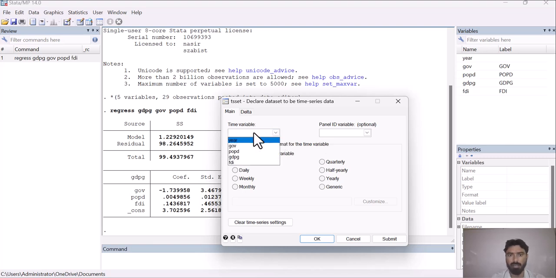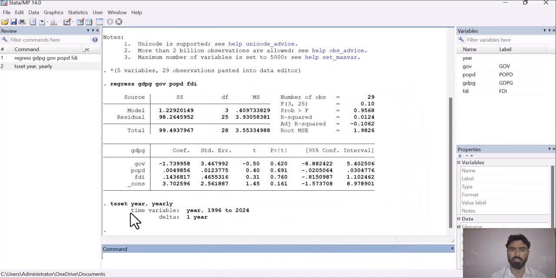Here you have to select time variable year, then you have to select the nature of your dataset. As our dataset is yearly, we have to go with this option of yearly, then click on OK.